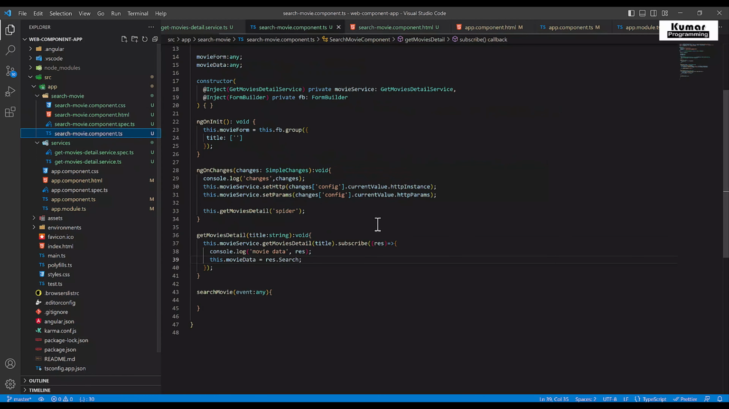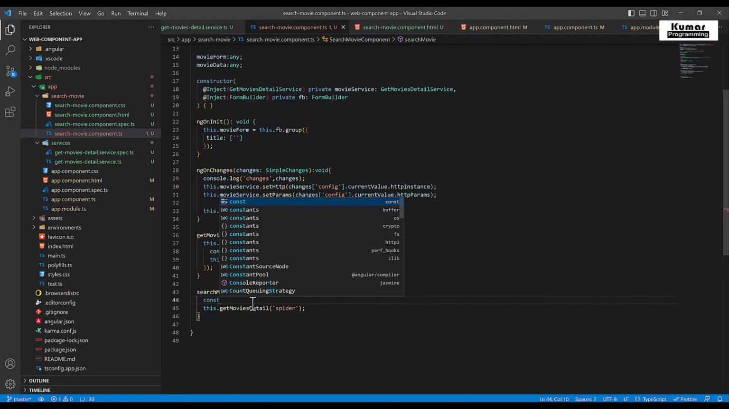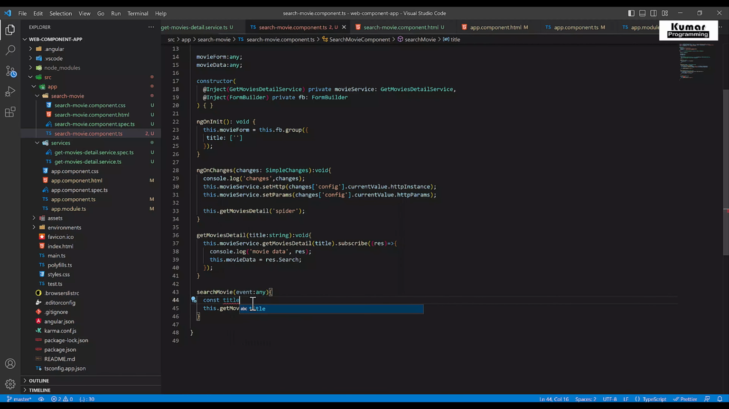Okay, now if you see these values, we are passing them as static values. Now we have to pass this as a dynamic value from the text box control. Now let's get this value from the text box dynamically. So I'm going to call it here, and here I'll put const title equal to event.target.value,